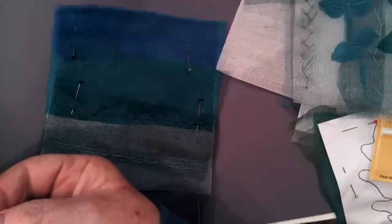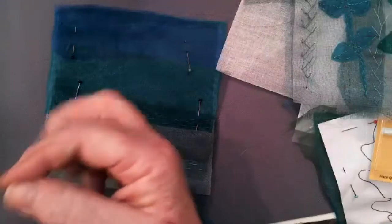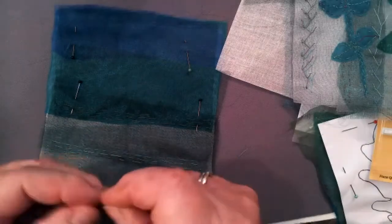Are we just stitching down the seams or over the whole lot? Just down the seams to start with, and then I'm just threading up a needle, and then we can have a little look at some of these other stitches. So I've just done a couple of rows. I don't know if you can see. I've done some rows of running stitches just to stabilise that area, and then let's have a little look at